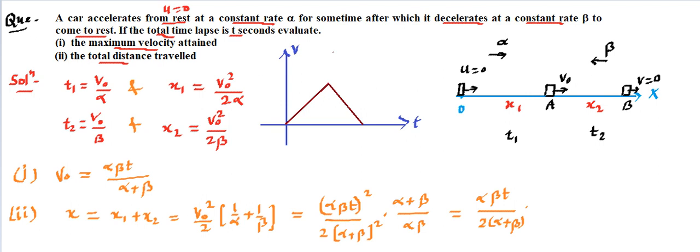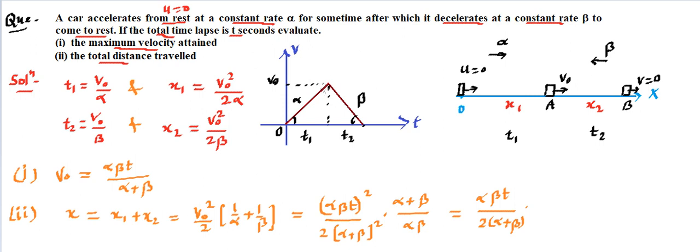So it starts from 0, that means at time 0 the velocity was 0. This becomes the maximum velocity, which we call v naught, and up to this we have considered the time t1, and this is considered as time t2, this is the final velocity. Here the acceleration is alpha, so the slope is going to be alpha, tan theta is going to be this alpha, and this slope is going to give us the beta, and we know the area under the v versus t graph is going to give us the displacement.